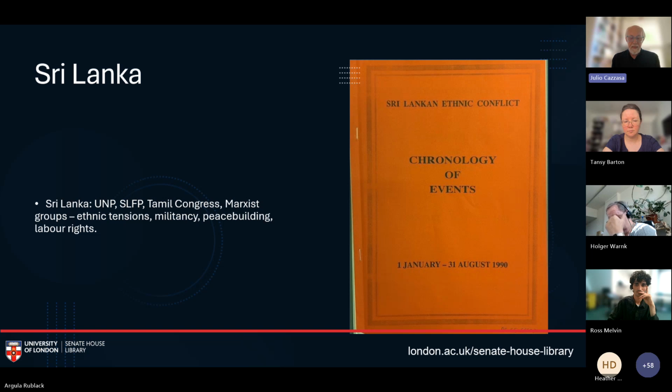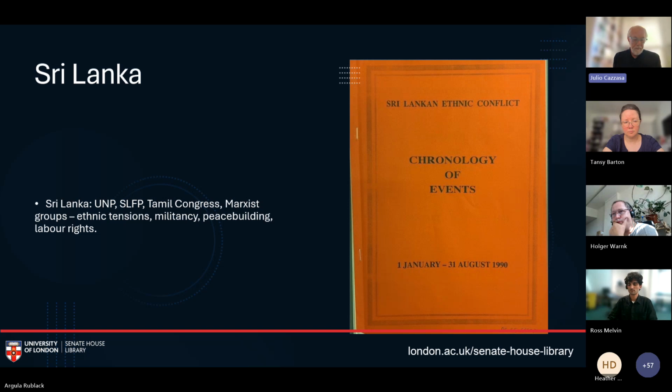Pressure group materials, especially from the 1980s onward, highlight efforts at international justice and peace building, while trade union documents reflect the significant role of organized labor, particularly in the tea plantation sector. The collection offers insight into both the left-wing coalition of the 1970s and the deepening civil conflict that followed.